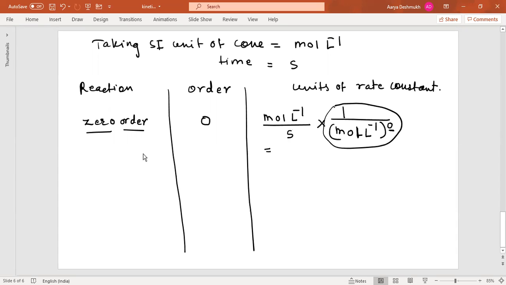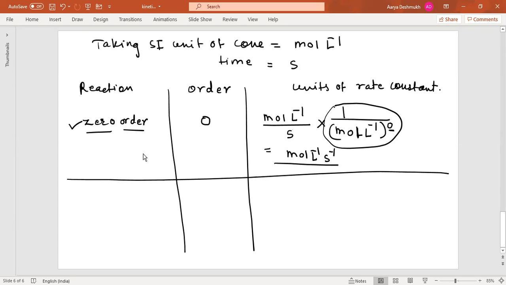So what will be the unit for this? It will be mole per liter per second. If the order of the reaction is 0, this is the unit for rate constant. You will need this information when you perform the calculation part. Now, if it is a first order reaction,